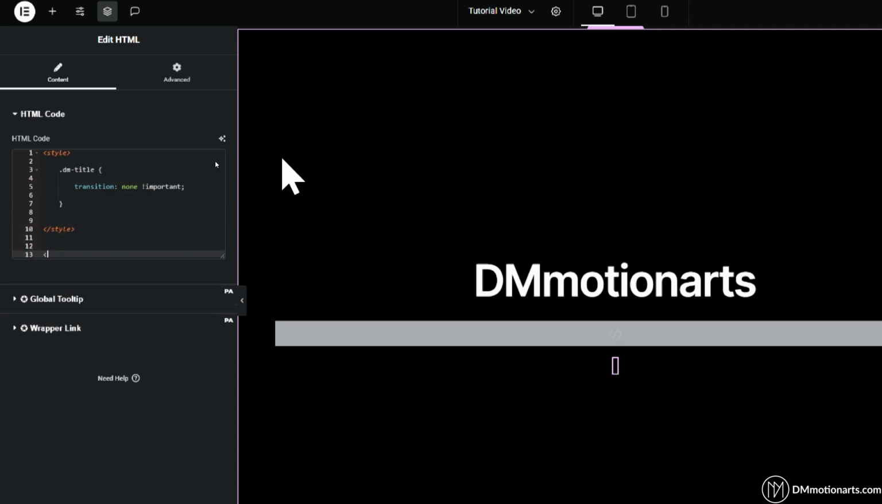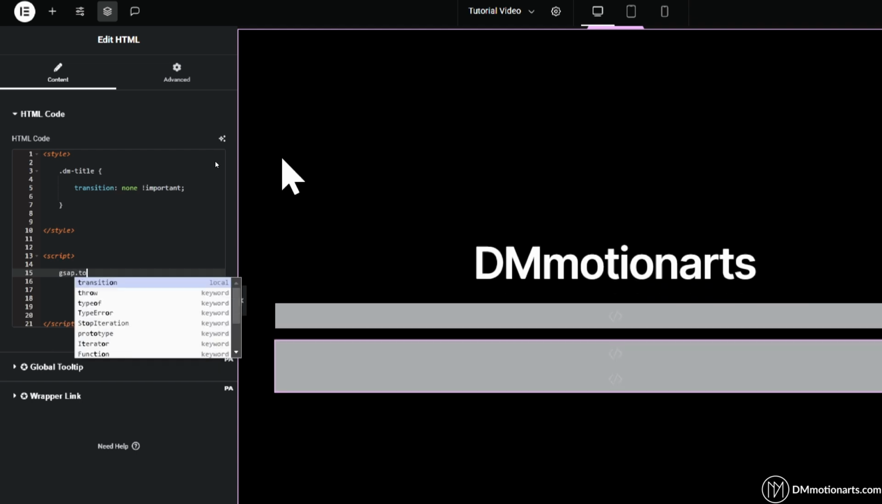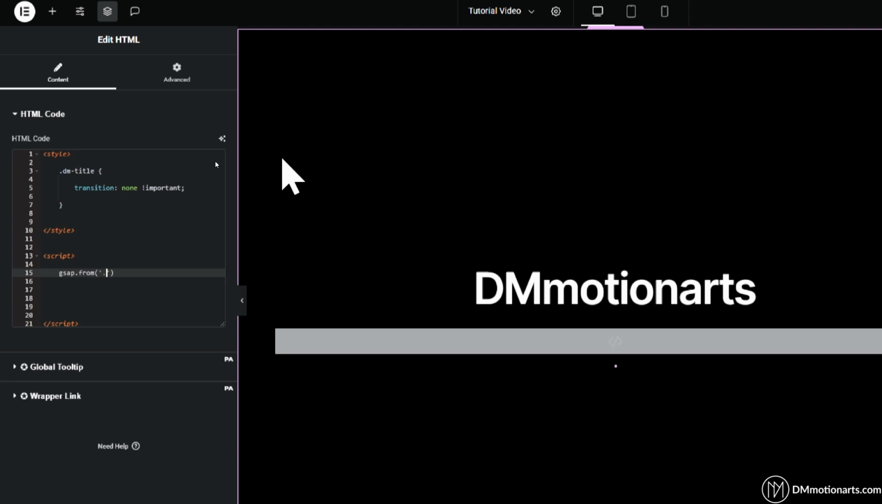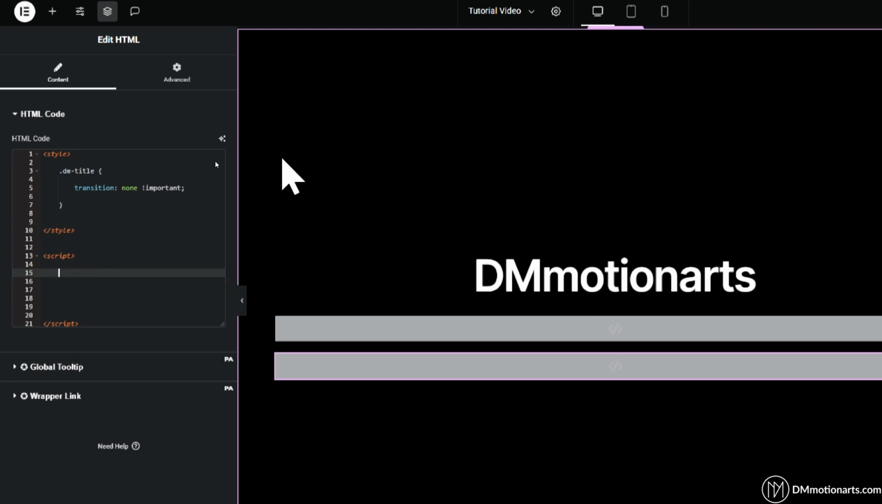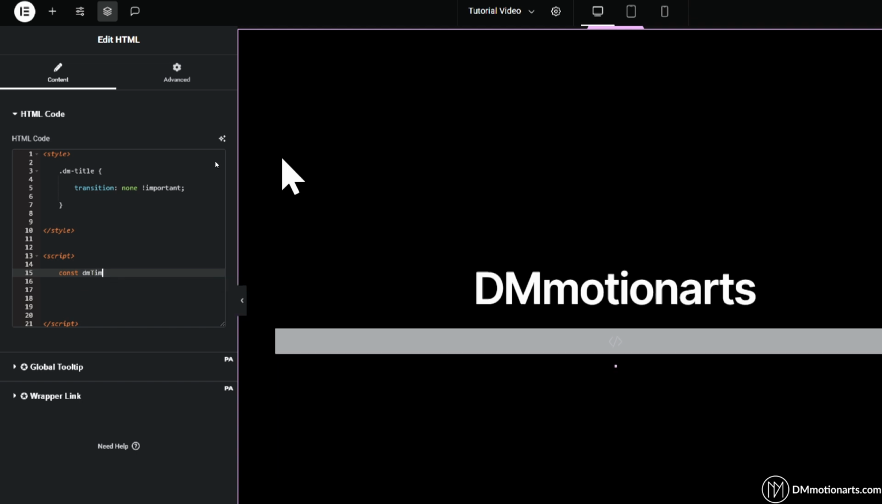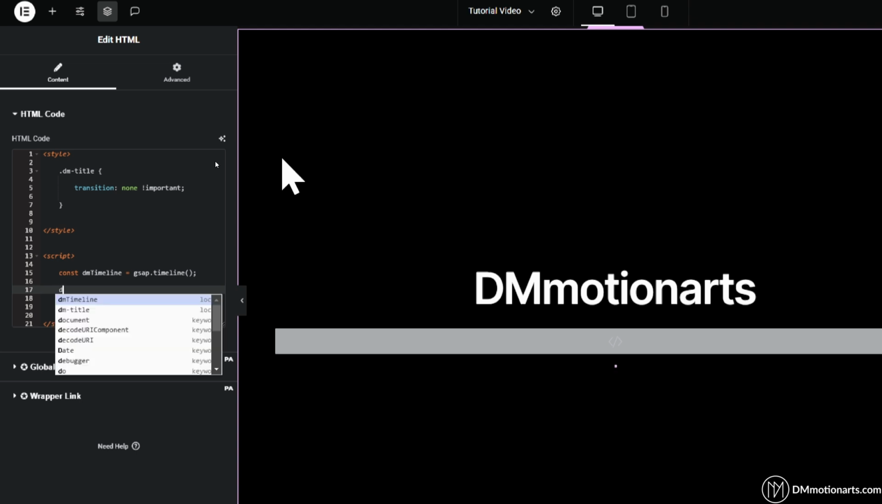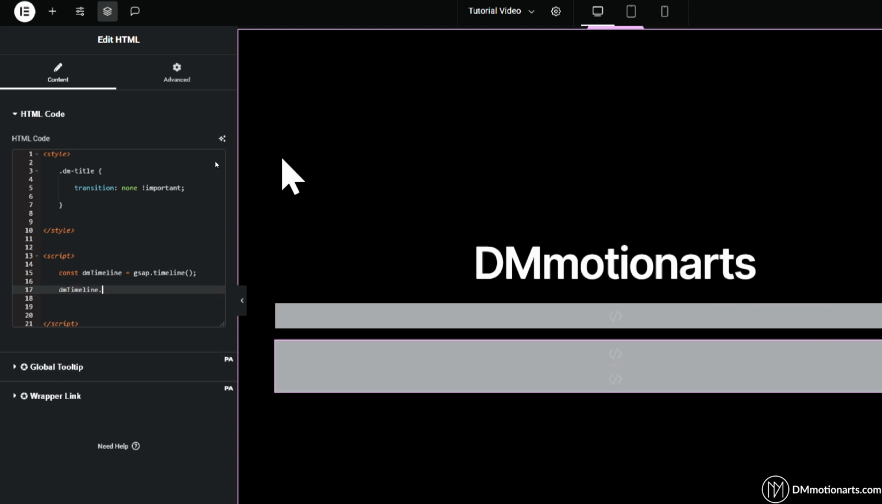Then we can start doing our script where we can add our GSAP basically. Let's do GSAP to, or let's do from. Actually no, let's create a timeline because that's what we need. So, const, I've already explained how to do this in the previous video. const dmTimeline = gsap.timeline();